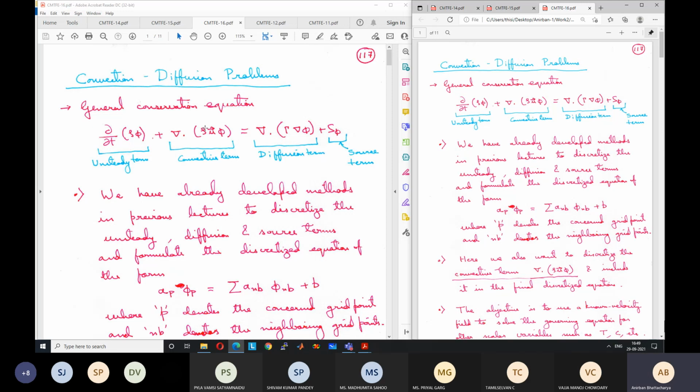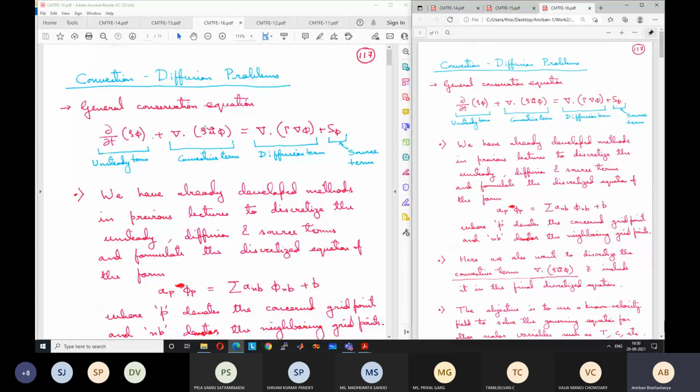Any other unknown in the equation? Pressure is also unknown. The pressure field will also not be known. So four unknowns will be there, and there will be four equations: three from the momentum equation, Navier-Stokes: U momentum, V momentum, and W momentum. There is no direct equation for pressure, so we use the continuity equation for solving for pressure. Later we will see how to do that.